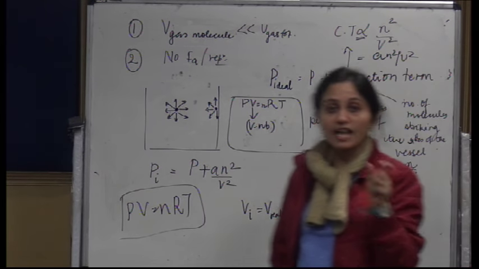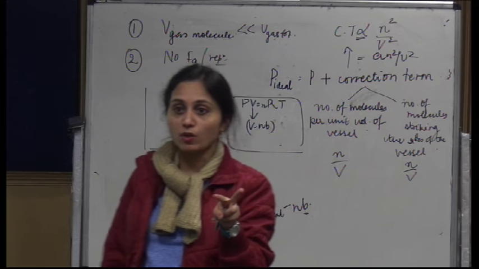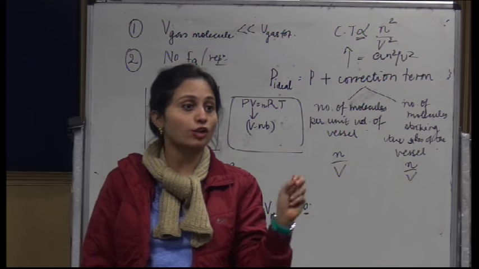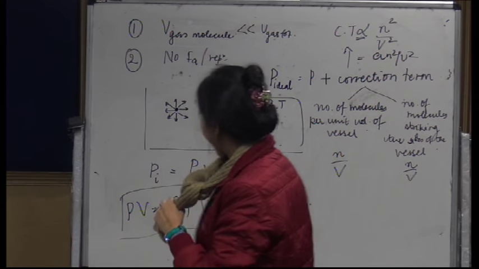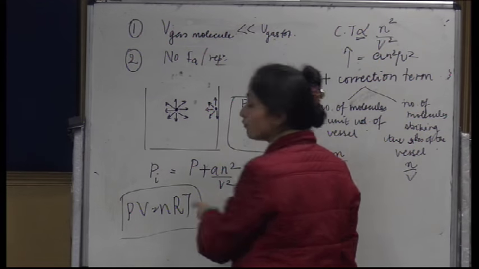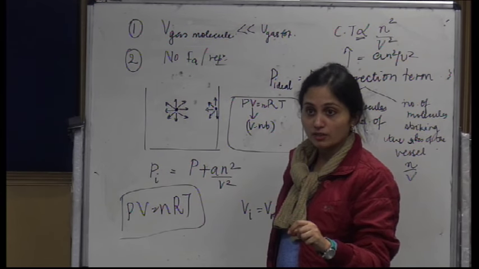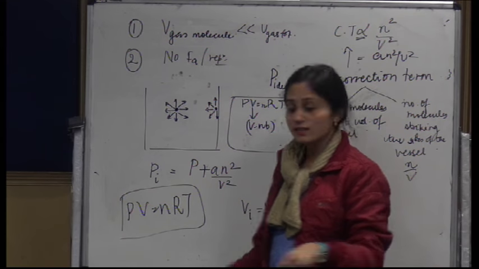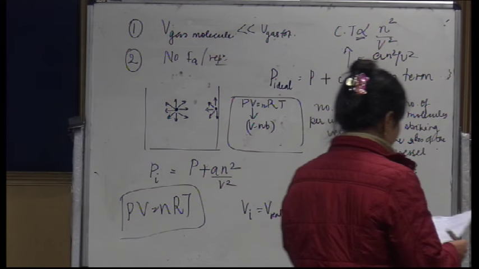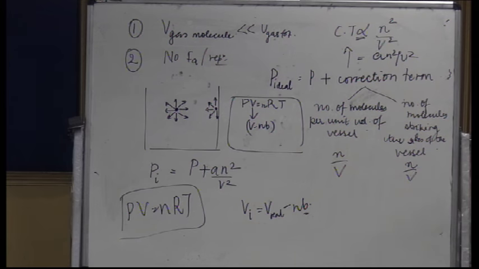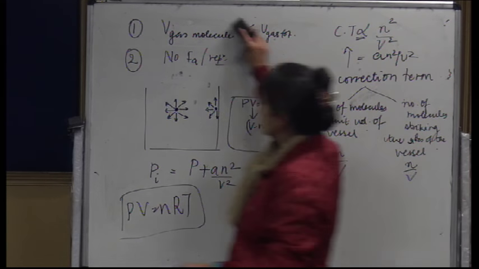Here a and b both are constants which are characteristic for a particular gas. Okay, and remember that a is a measure of forces of attraction, where b can be compared to the compressibility factor. a is a measure of forces of attraction. Larger the value of a,